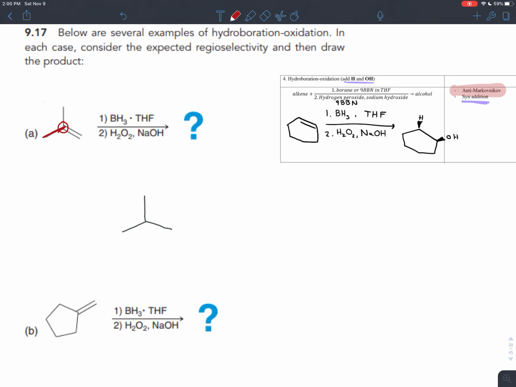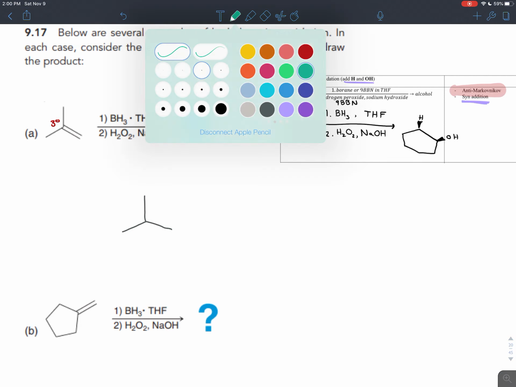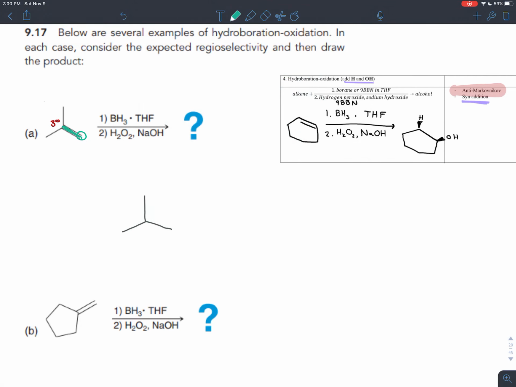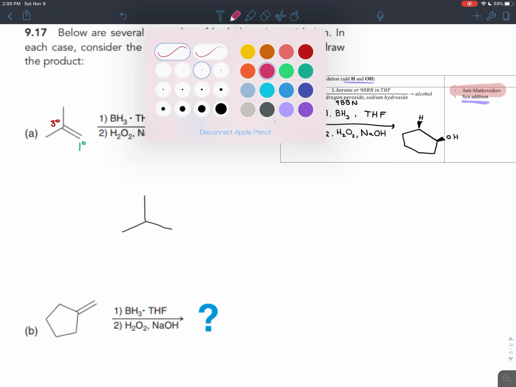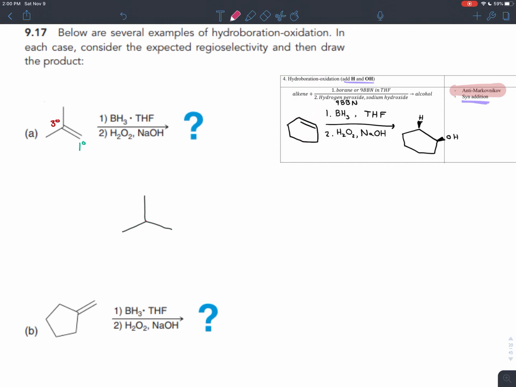This carbon on the left is bonded to 1, 2, 3 other carbons, so it is tertiary. The carbon on the right is only bonded to one other carbon, so it's primary. So the tertiary carbon is the more substituted carbon. And so because this is anti-Markovnikov, that is where the H is going to go, the more substituted carbon. That means the OH will go on the other carbon, because we don't have to worry about rearrangement,